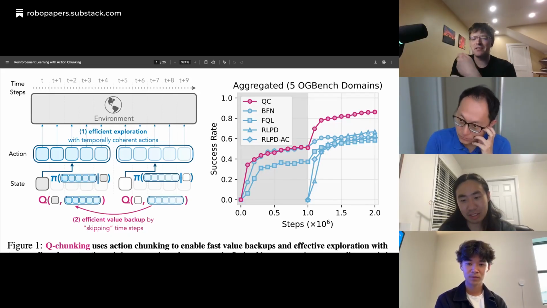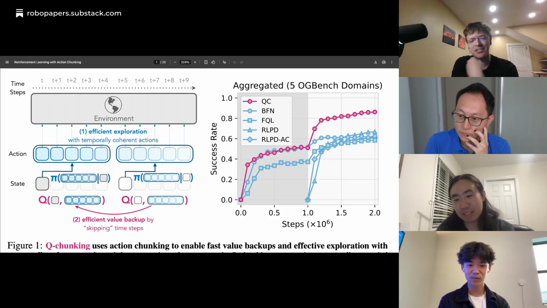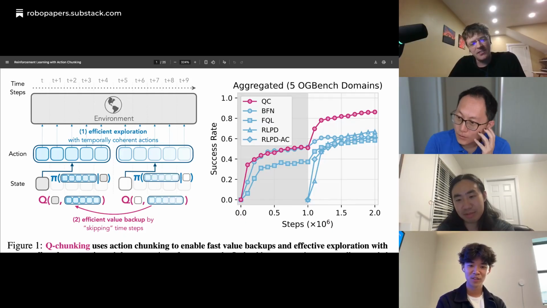Yeah, especially since, like you're saying, almost everything that you see these days, like there was the Figure Helix video today, right? Which is all using action chunks, right? Every one of these major VLAs is doing something like this. Every company's working with these. It makes a lot of sense. Exactly. It's nice that there is an answer that you can just directly use these for reinforcement learning.